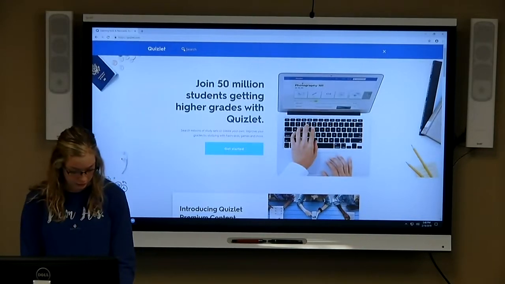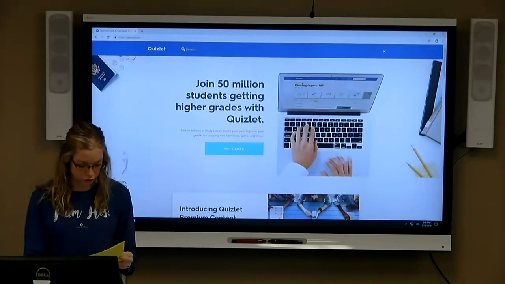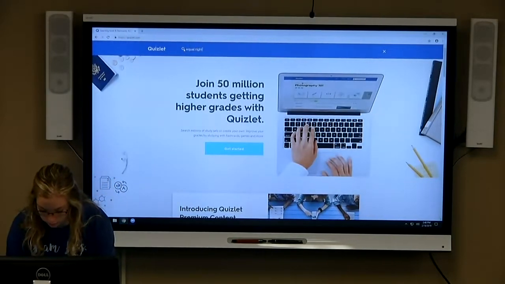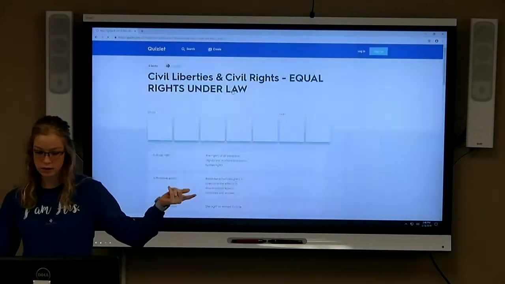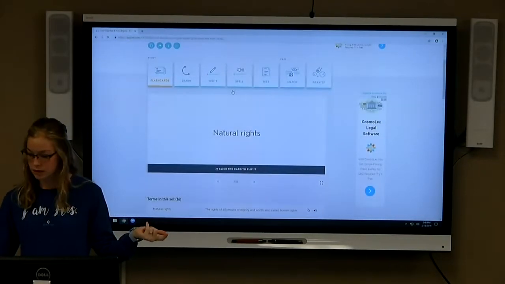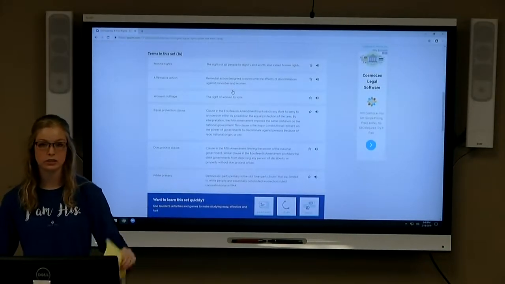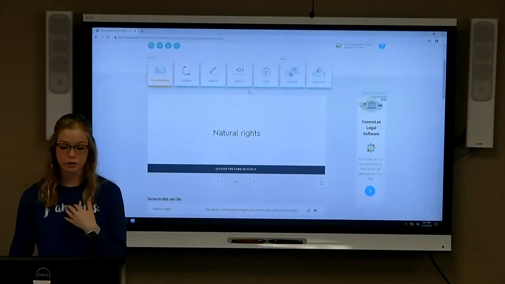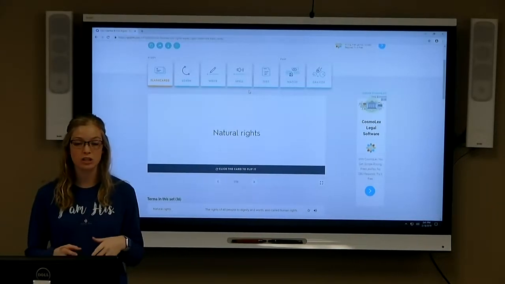And so right here, I don't have the test up, but on our study guide, I'm just going to Google equal rights and civil liberties. Okay, so I type that in, and then I'm just going to click on the first thing that pops up, and it has all of these definitions and stuff that is related to what she's talking about in class. So what you can do here, this is what I do. It helps me study in other classes too, especially terminology.